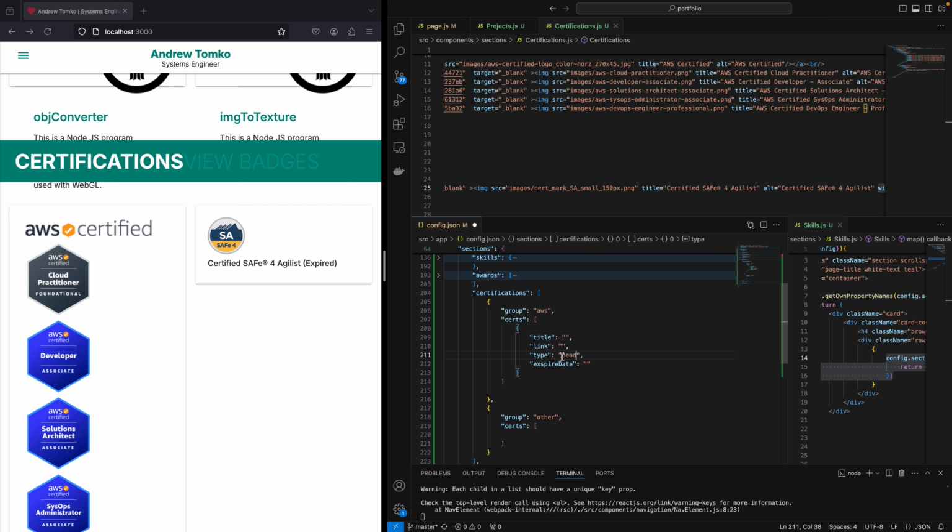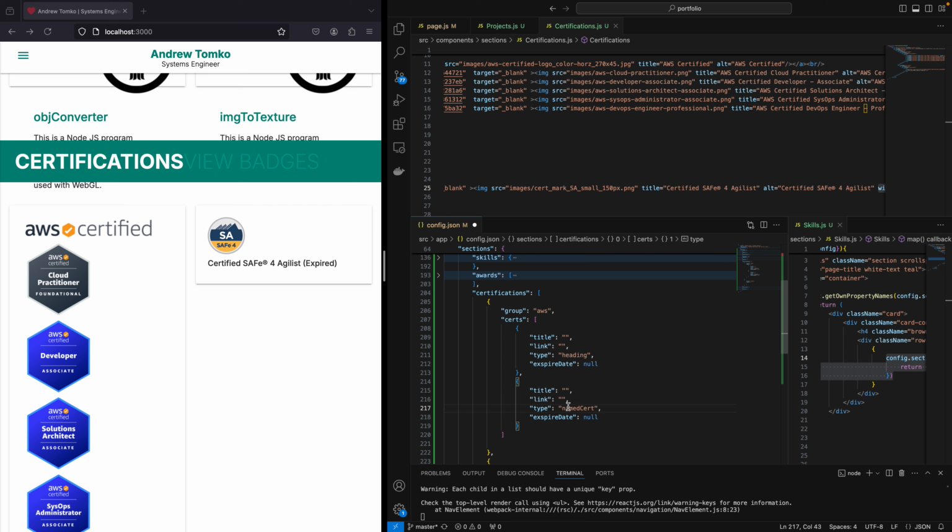I just do a heading in general. Heading. Expire date is null. Then I'll put AWS cert. Actually named cert,